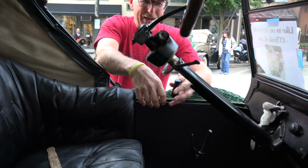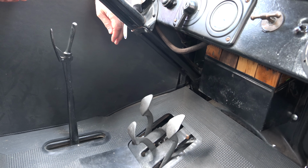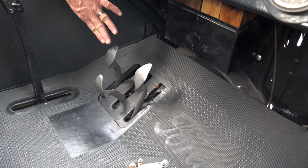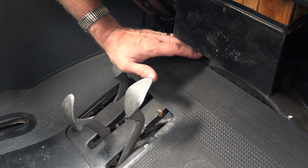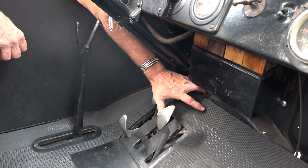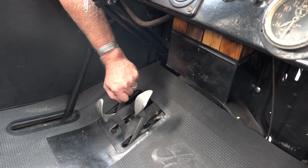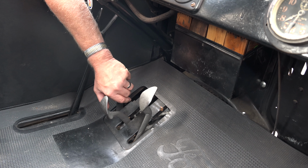And then for driving the Model Ts, these were really pretty simple to drive. You just have to not have a modern car in your head. Henry said he wanted to make it easy enough so that even a woman could drive it. So his words, not mine. So to make the car go forward, you push this pedal down. When you push it all the way down, you're in low gear. And then this lever falls down, which engages high gear. Now when you let it out all the way, you're in high gear, and in between is neutral. So literally all you have to do to drive this car is push that pedal down to go slow, let it out all the way to go fast, and halfway is